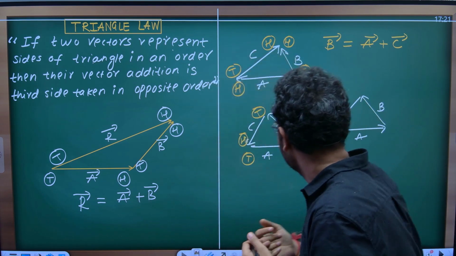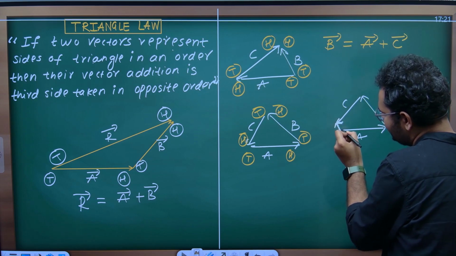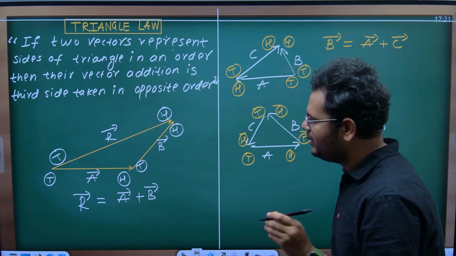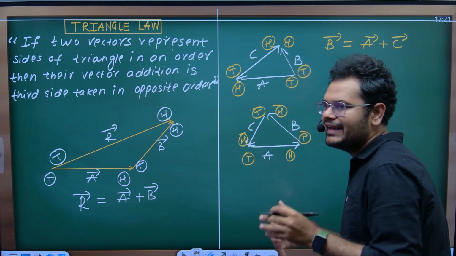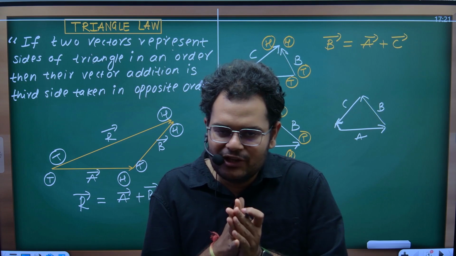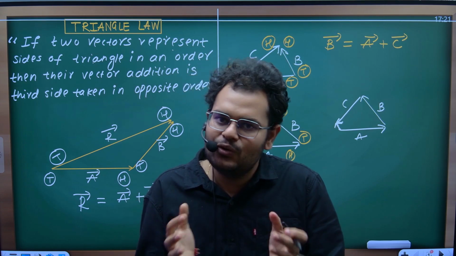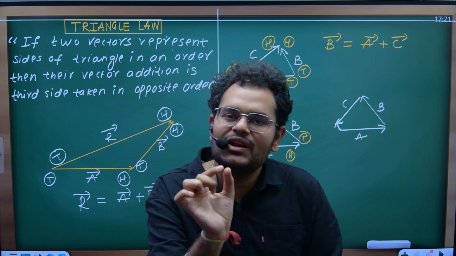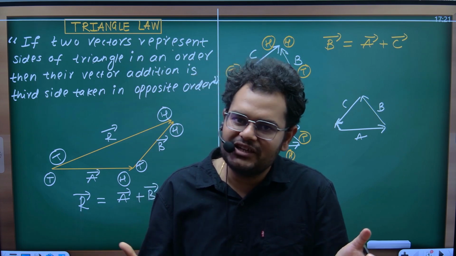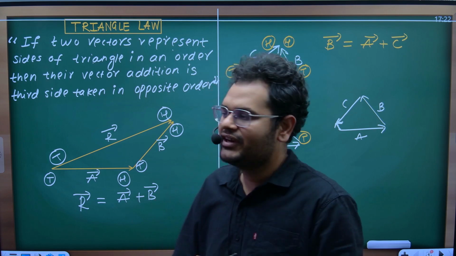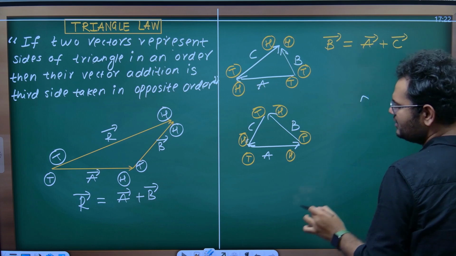And what will happen if the head of C exactly coincides with the tail of A, which has happened over here? So here the tail of A and the head of C coincide. If they coincide, there can be no line for joining. So a single point will be there, and that point is nothing but what? What is the length or magnitude of the point? It is 0. That means it is what? Null vector. So you always have to remember that whenever a closed figure is there,